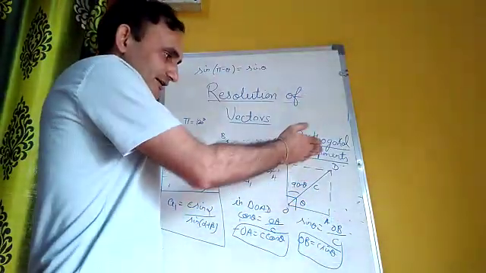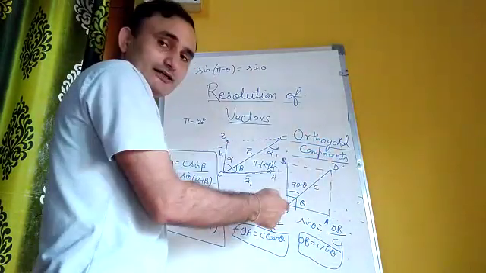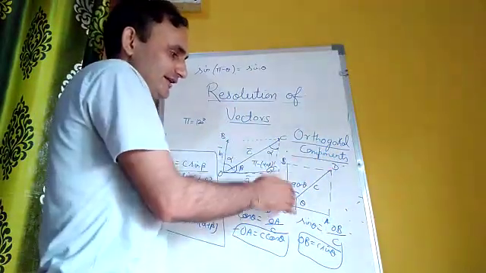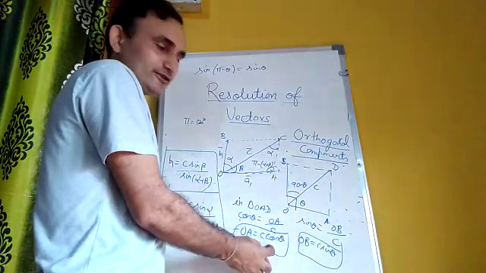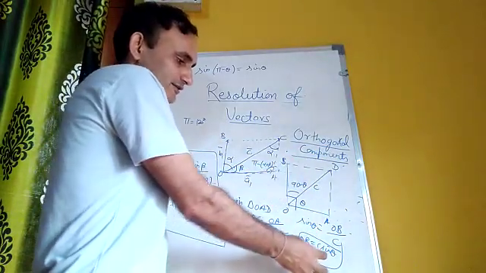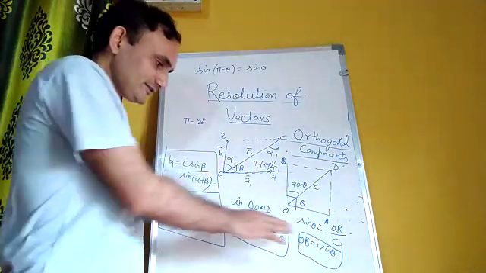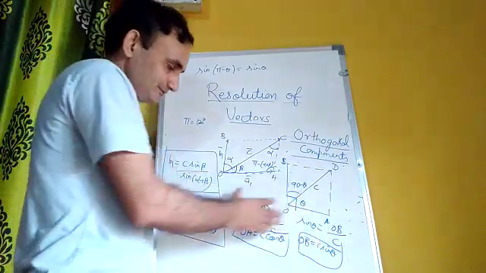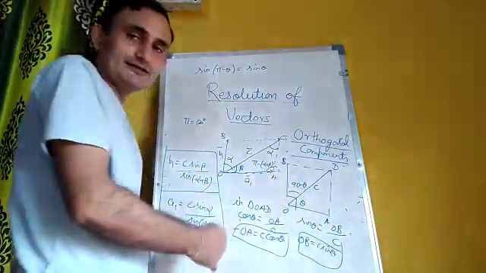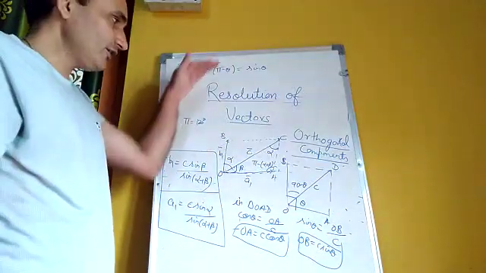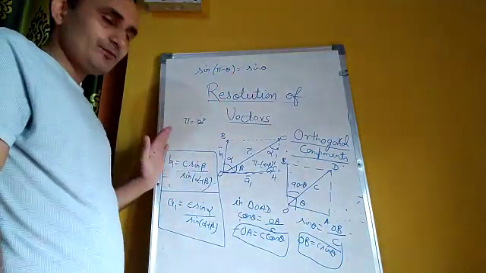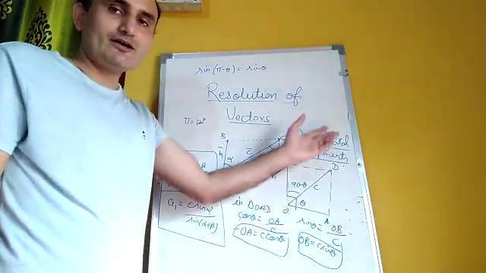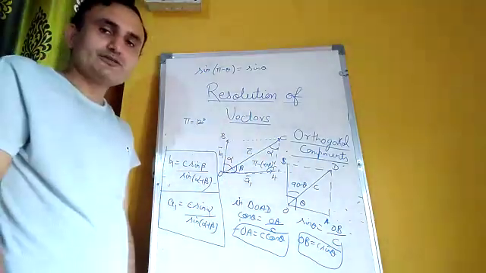So what we have done here, we have broken a vector into two components which are perpendicular to one another, and you can simply remember it. If this is the vector, at theta angle the component is C cos theta, and at 90 minus theta angle the component is C sin theta. This result you can derive from here as well, so that you can do on your own, but this I have done, and this is very simple. So this is how we resolve vectors into two components, or perpendicular or rectangular components, or orthogonal components as we also call them. So that's it. Hope you like it.